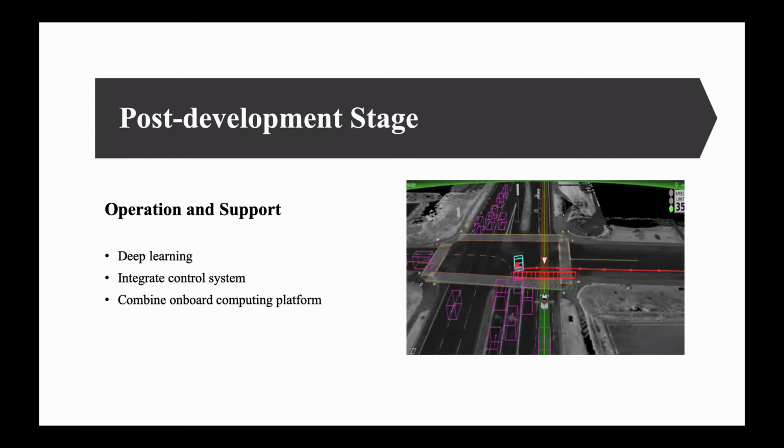Also, the integration of a high-performance onboard computing platform with deep learning technology can improve the level of vehicle autonomous driving. Embedded vehicle technology needs a high-performance computing platform, which integrates the onboard computing platform with deep learning technology to enhance their intelligence level.